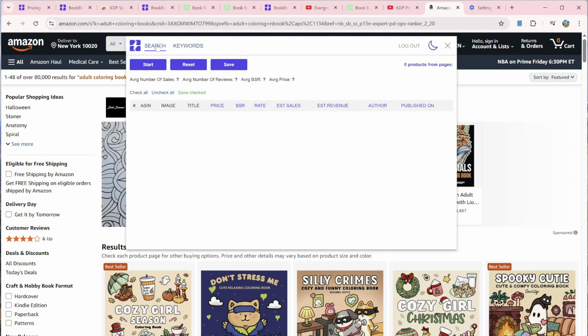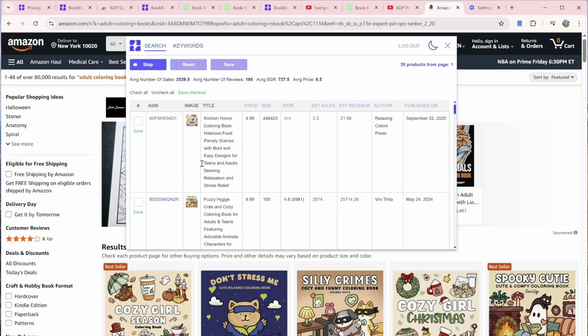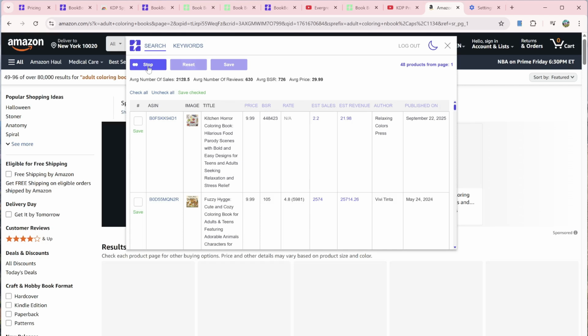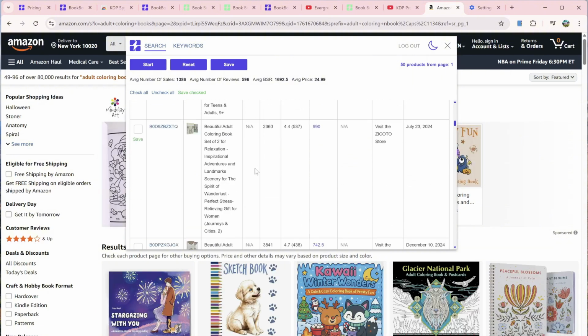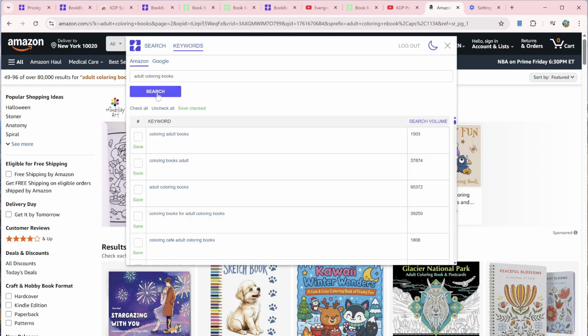So from here, we can search, we can just click start, and it's going to add books from this keyword search. And when you decide, you can just click stop, and you can download this, or you can save it. You can check the BSR rank, the ISBN numbers, everything. But the good thing is, when you click on keywords, these are the main keywords, and when you hit search here, you can see the search volume and the keywords, and you can start opening this book in a different window